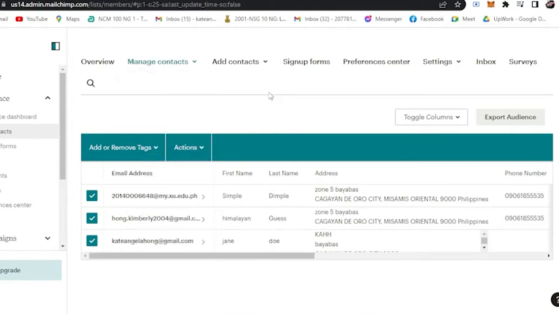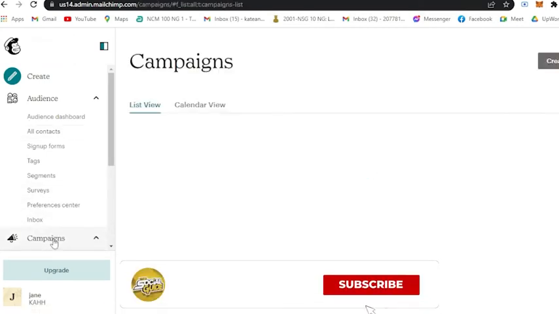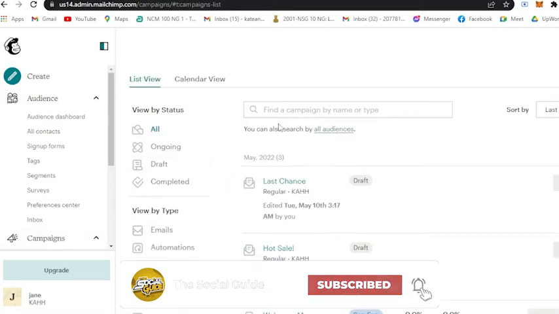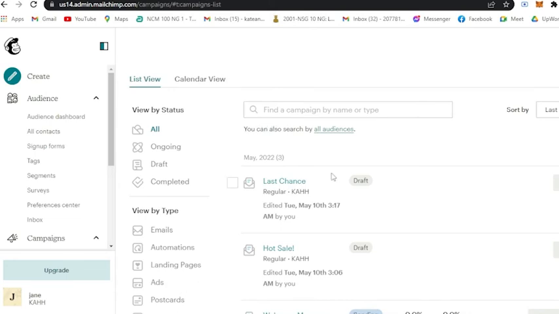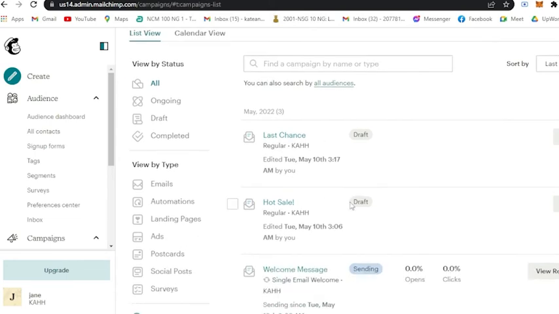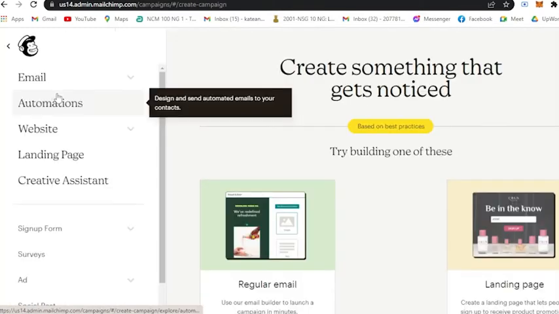Now, since we've added a contact to our Mailchimp, what you want to do is go to your campaigns. Your campaigns are the information or the emails that you have sent to your customers. The next thing is, I'm going to teach you how to create and send bulk emails from scratch. So you may want to go to create, and if you click on this, you will see